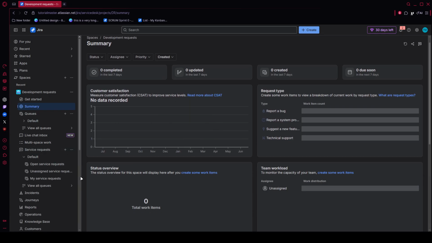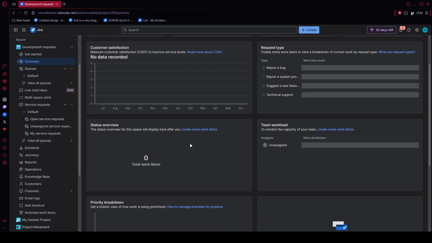That's it. Your new Jira project is now live and ready to support your team's workflow. Thanks